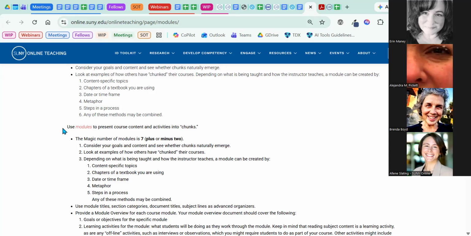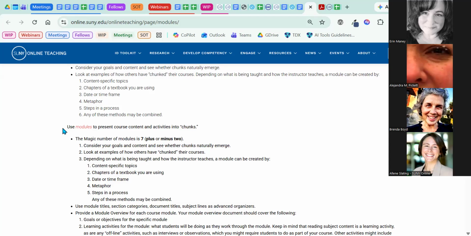and you want to make sure that those chunks have contextually relevant titles, so that when you're looking at it, you don't just see module 1, module 2, module 3. You have module 1, cellular processes, module 2, biological processes, module 3, reproductive processes.